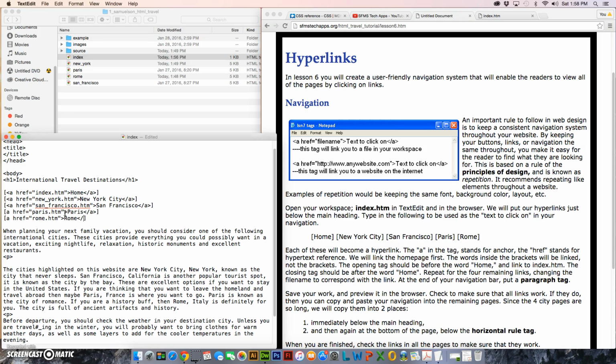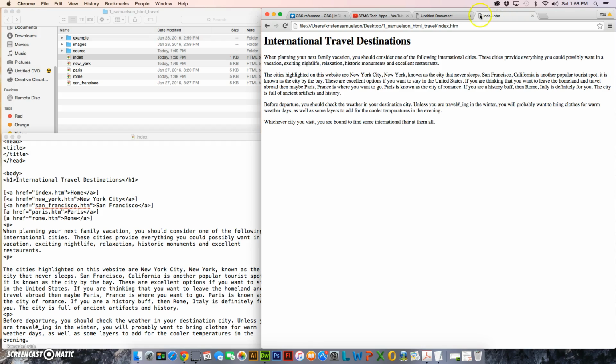And here I'm going to close it. Then I'm going to go ahead and put a paragraph tag right there, just because that's the end of our navigation. So I'm going to go ahead and hit save,